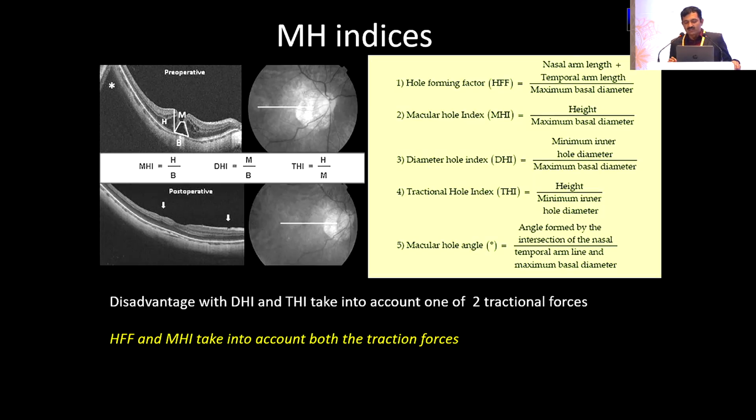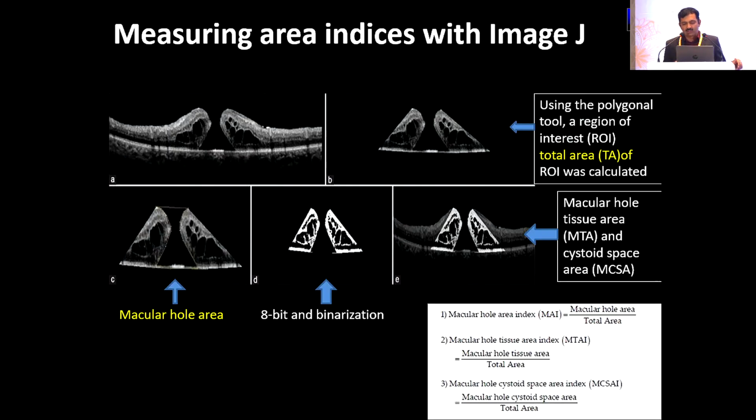Many indices can be measured, starting from hole forming factor, macular hole indices, diameter hole index. Some take into consideration both the anterior-posterior as well as the tangential tractions. But hole forming factor and macular hole indices are the two which take into account both the tractional forces, so they are more reliable when compared to the other indices. By using image analysis, you can get even the macular hole area index as well as the macular cystoid space area index, which also have a prognostic value in assessing the outcome of the